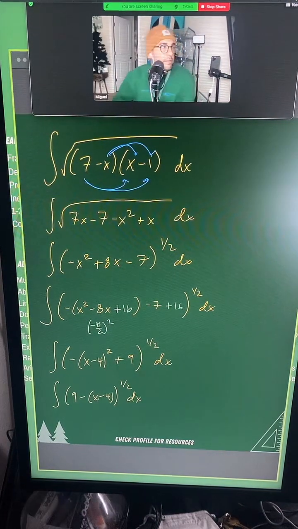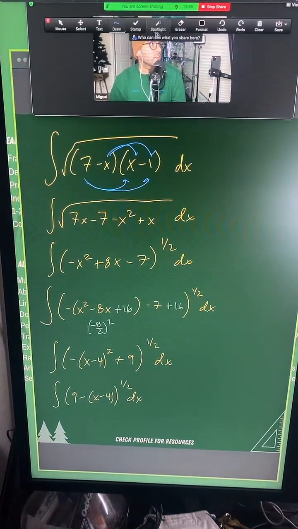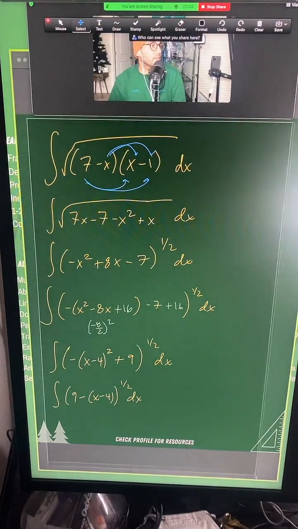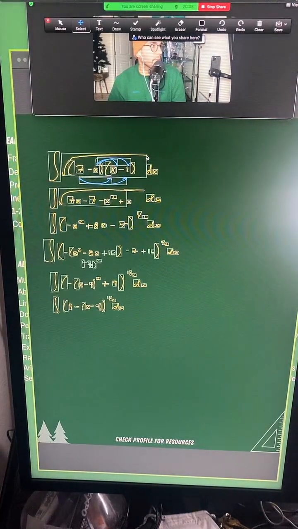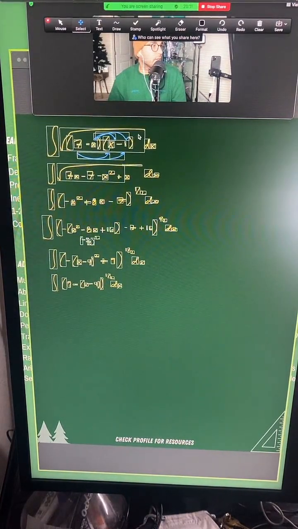Let me know in the chat if you feel like you know what to do. While I do that, I'm going to go ahead and shrink this. Whoops, didn't mean to do that. Sorry. There we go, much better. You're going to see what I mean. Let me go ahead and shrink this so we can create some space on the blackboard. All right, here we go.